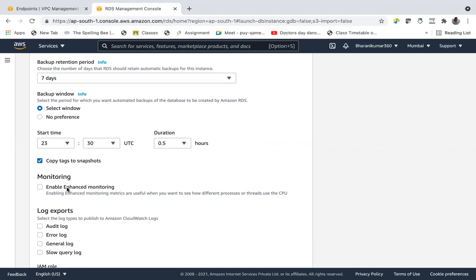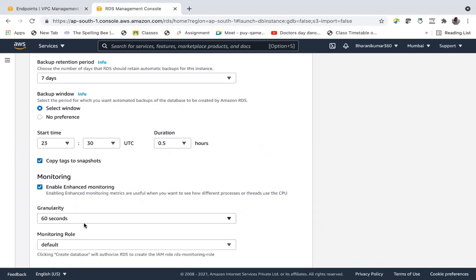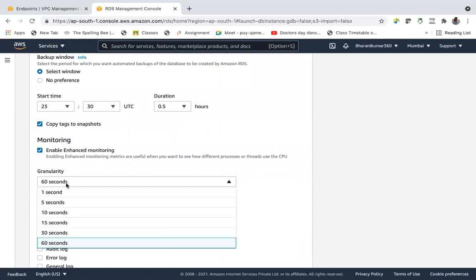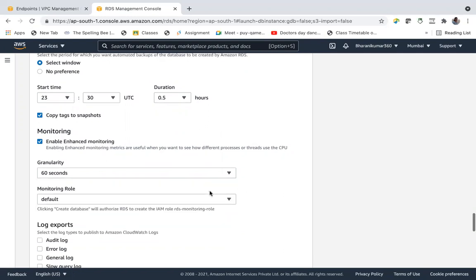If you want to monitor these services at 10 seconds interval or 30 seconds interval, you can enable monitoring. Monitoring metrics are useful when you want to see different processes. With enhanced monitoring, it asks granularity: 60 seconds by default. If you want 5 seconds or 10 seconds, you can. Then the monitoring role.